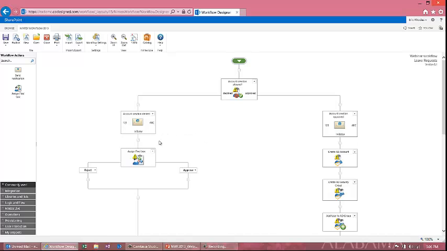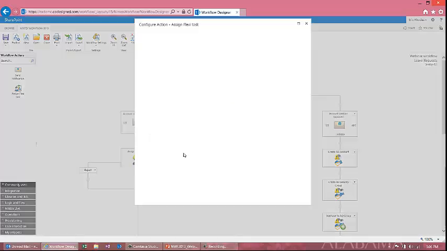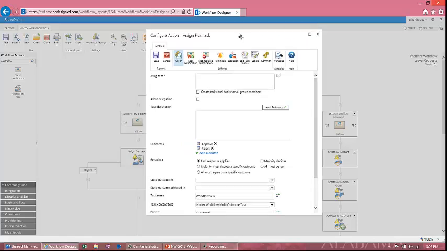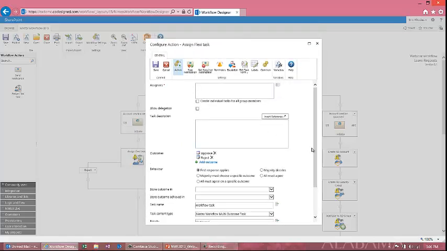I'm actually going to go through here and choose to configure this particular flexi task, the assign flexi task action. So you'll notice that right away this looks a little bit more involved than what we were looking at with the send notification as far as the configuration of the action. You will see some similarities, but there's a lot more to it. Once again, I mentioned that each one of these actions can be individually configured. So like the other,